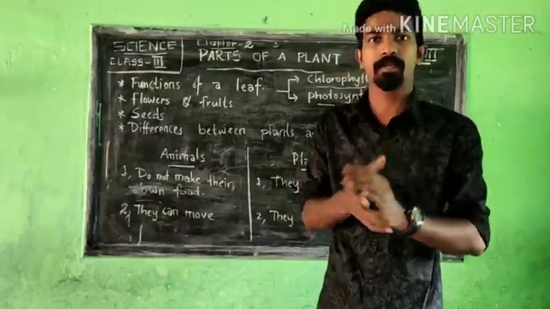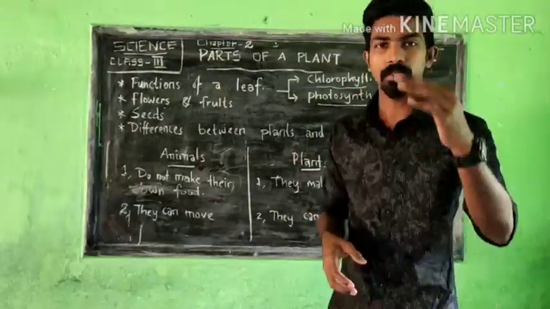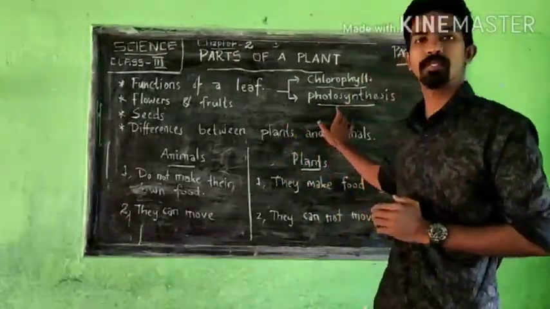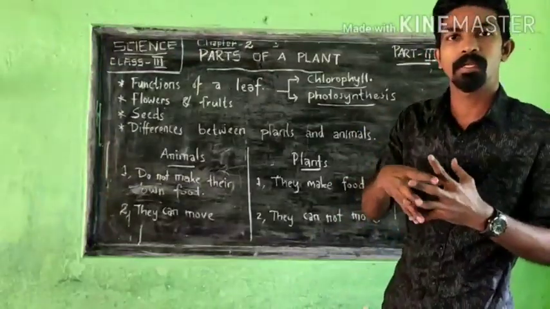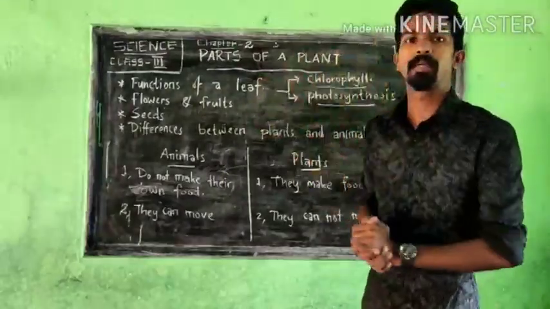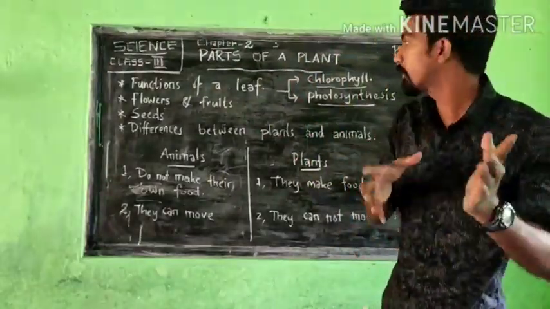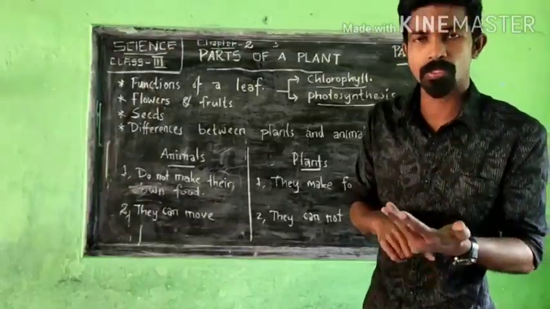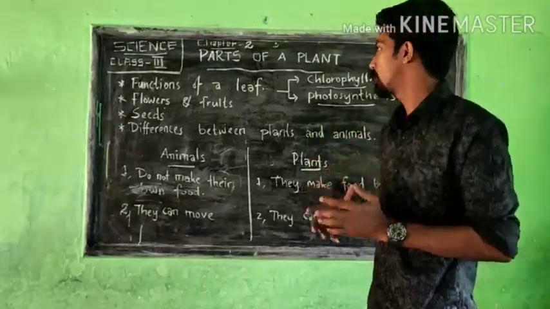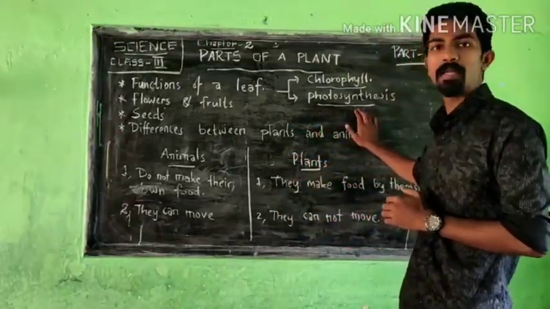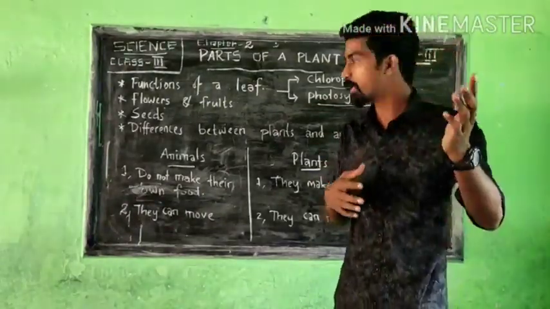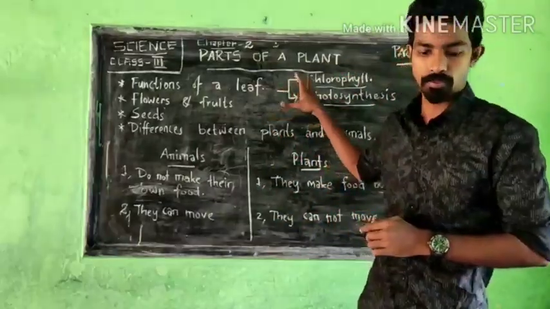The oxygen cycle and carbon dioxide cycle you will study later. This food-making process of the plant is called photosynthesis. The plant gets enough nutrients and minerals from the soil, then it traps energy from sunlight, makes food and stores it in different parts of the plant itself. Maybe in roots, maybe in the stem, maybe in the seed. They store their extra food. That food-making process of the plant is called photosynthesis. That is given as a new term for you. That is important: photosynthesis, the food-making process in plants.